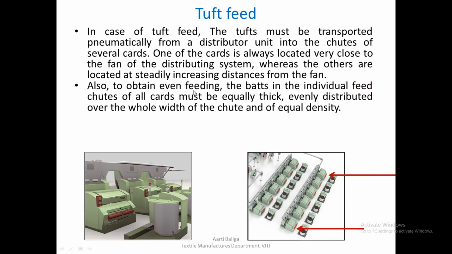To obtain even feed, the bats, or one can say the tufts, in the individual feed chute of all cards must be equally thick, evenly distributed over the whole width of the chute, and also of equal density. Only if we take care of these three things can we ensure that we are feeding an even type of material to the card.